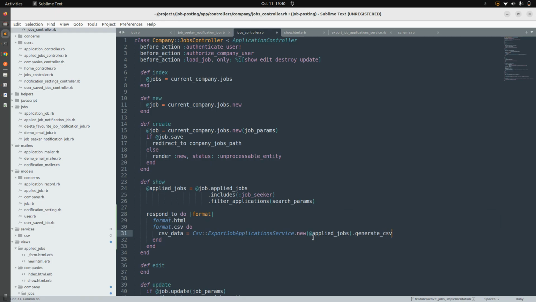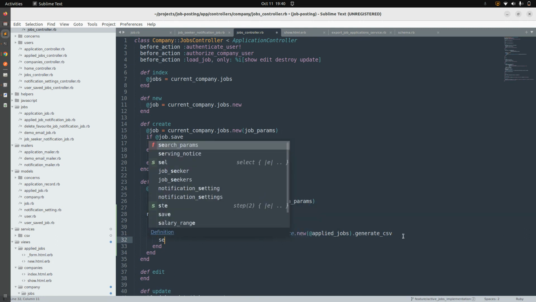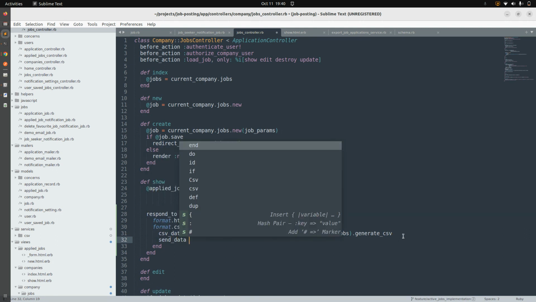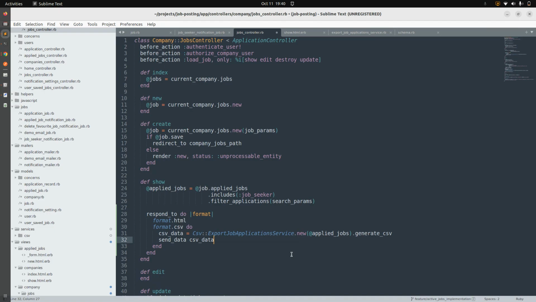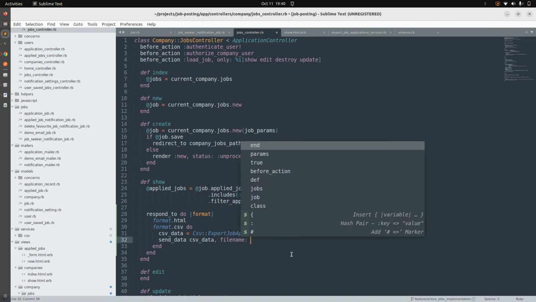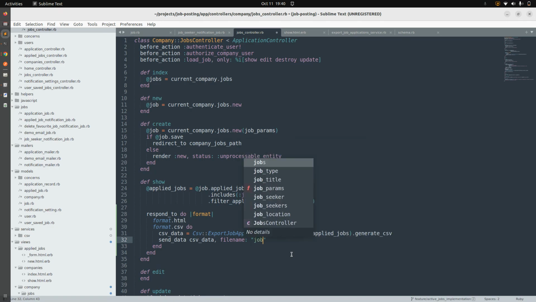Okay, so that will generate the CSV data for all the applied jobs that we defined here in the show action, and these applied jobs belong to a specific job. Now what we need to do is create a method, which is send_data. Then what we are trying to send is the CSV data, and then we need to mention the file name. The file name must be job applications,